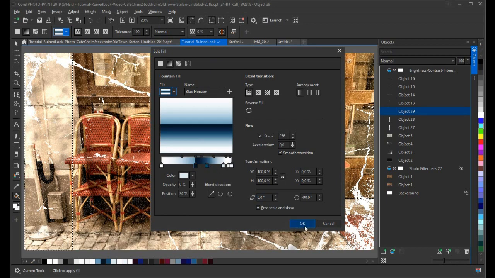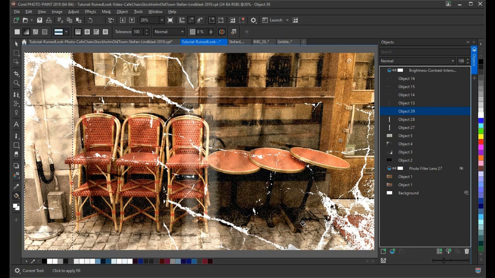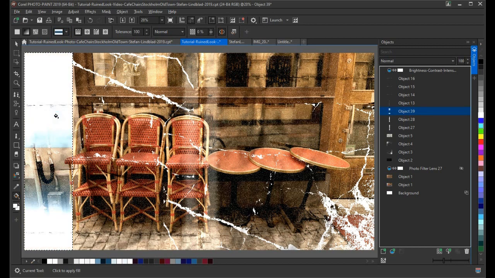I'm going to leave it as it is. Maybe change the colors to red or something like that. But I'm going to start by keeping it as it is and click OK and fill this area. And see if I can just change the opacity here in the object docker to like 60 and see what happens. No, that was like 600. And click enter. That's kind of okay, but I think I'm going to go down to 30 or something like that, and enter key, and maybe even 20 actually, because I'm looking up here in this area. I thought it was a little bit too